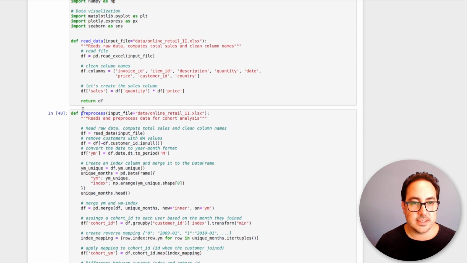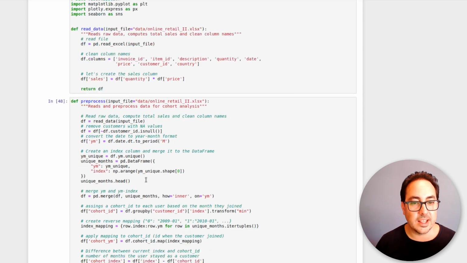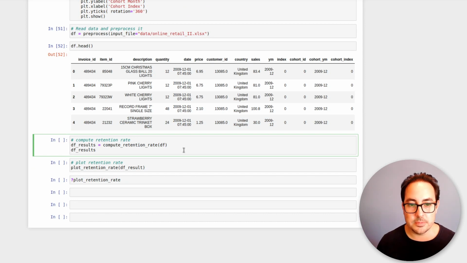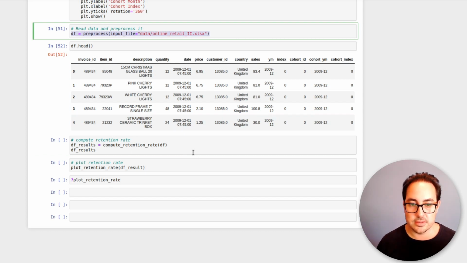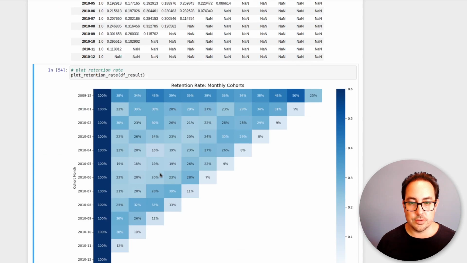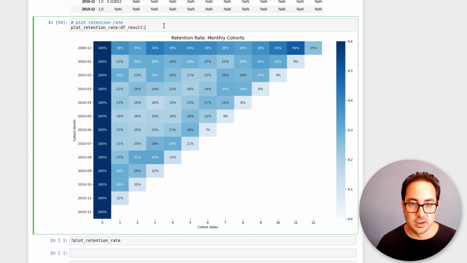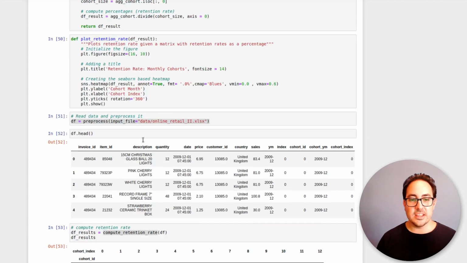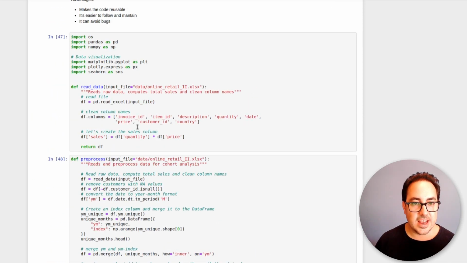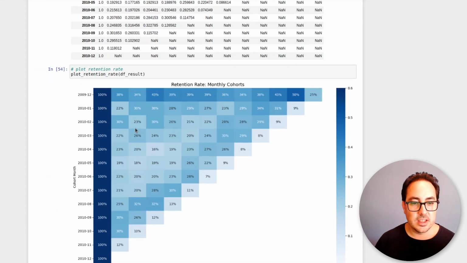I think if I see some code of a data scientist and it looks like this, I get a lot more positive reaction. It shows that you have experience, you know how to write good code, and this code makes things easier for everyone. So there it finished the pre-processing, so it creates all the columns. So here we create the matrix, compute the retention rate, and this is the code for the plot. So you can just create a function and pass it the data frame. So basically, I think the takeaway here, besides the analysis, is that you can summarize an analysis with a few functions, and that helps